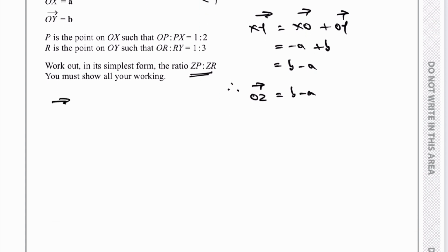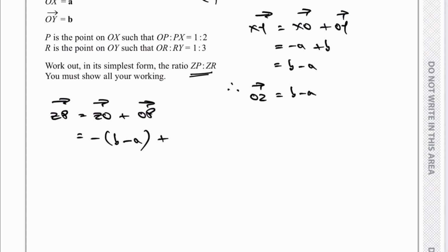Now you might want to stop the video and have a look at the question, maybe do a sketch of the question if you wanted to, and that will give you a little bit of an idea of how I'm following this through. So ZO is not OZ, it's the negative value of OZ, so I'm going to write it as minus brackets B minus A, and then OP, well, I know that